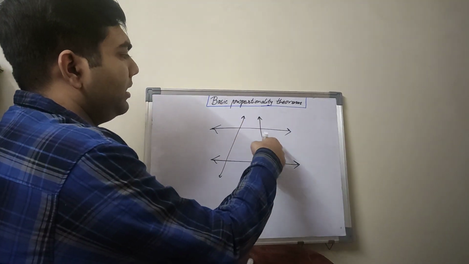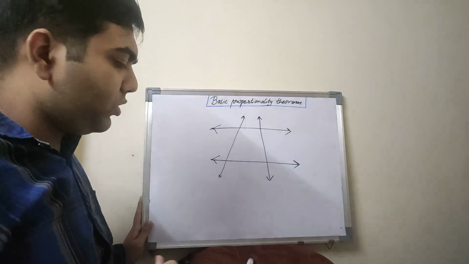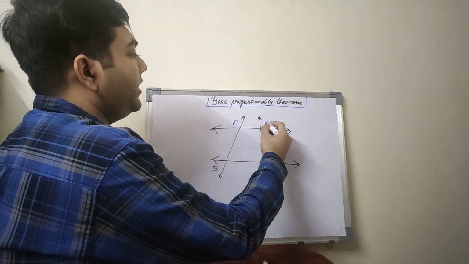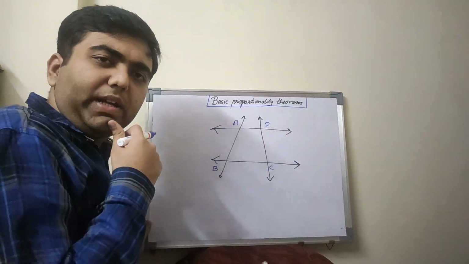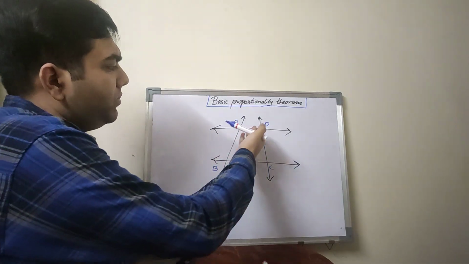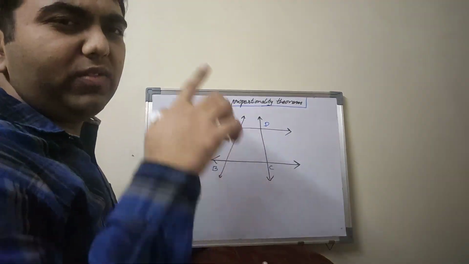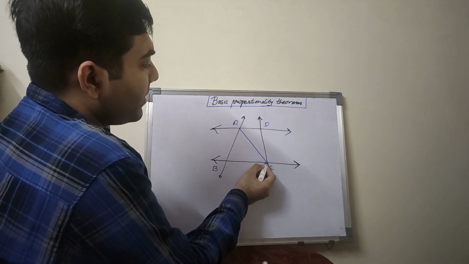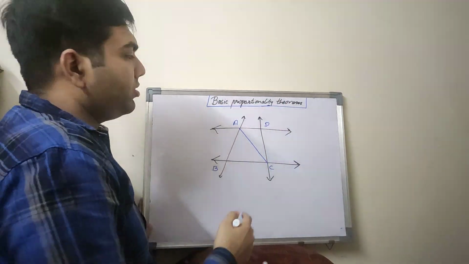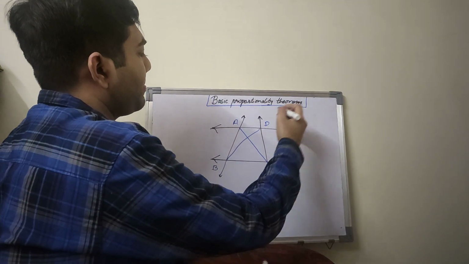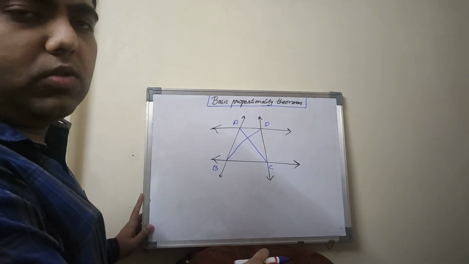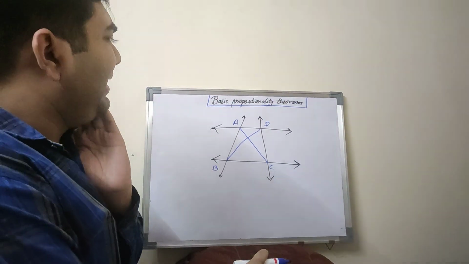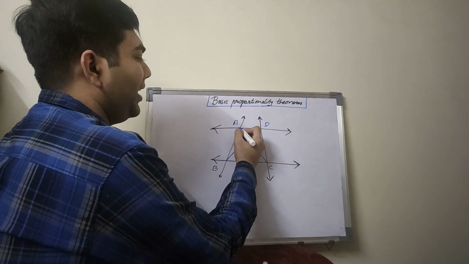So you can see these two transversals are cutting these two parallel lines in 4 different points: A, B, C and D. Now I'm going to get triangles out of all this. You have two parallel lines, two transversals. We can always construct one line in between. I can connect A and C. What I can do next is I can connect B and D also. Now you can see very well there are several triangles getting formed. Which triangle to select? Let's select this triangle. I'm going to highlight it.